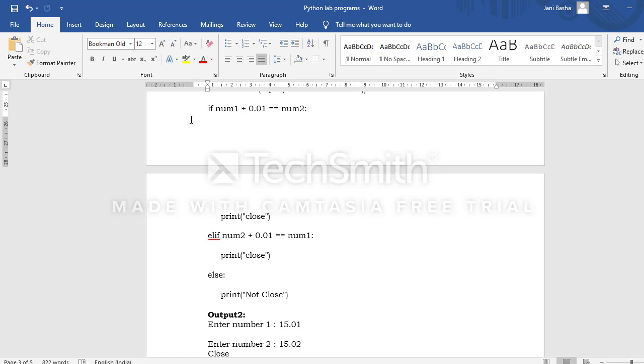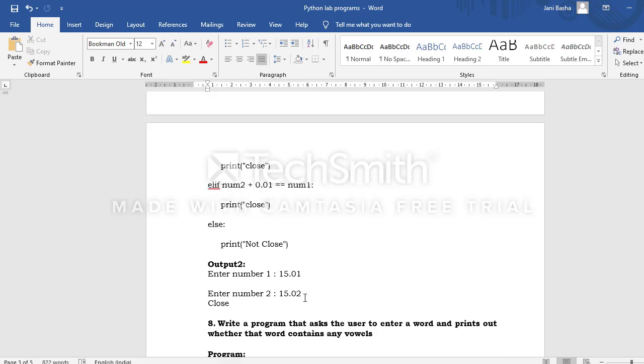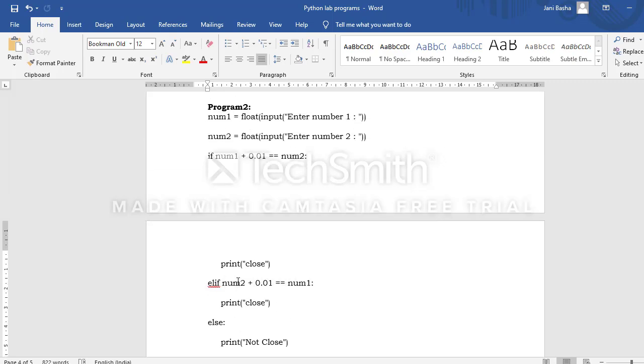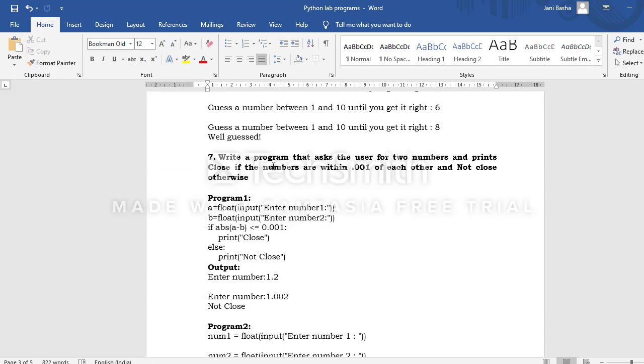Otherwise, if at all these two things are not happening, then we can say that numbers are not close. So here is the output we are using. See here, number 1 is 15.01, number 2 is 15.02. Both numbers are very close, only a 0.01 difference is there. So that's why we can say that both numbers are very close. So this is how we can write this program.